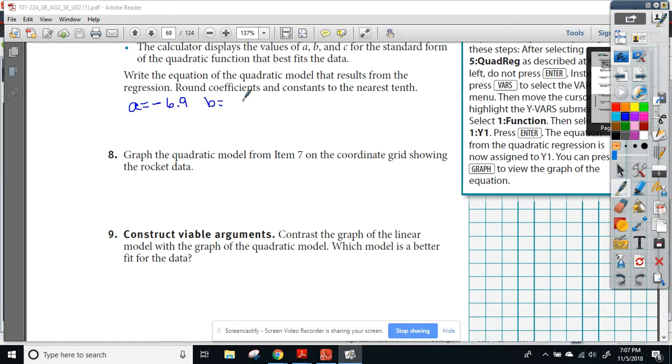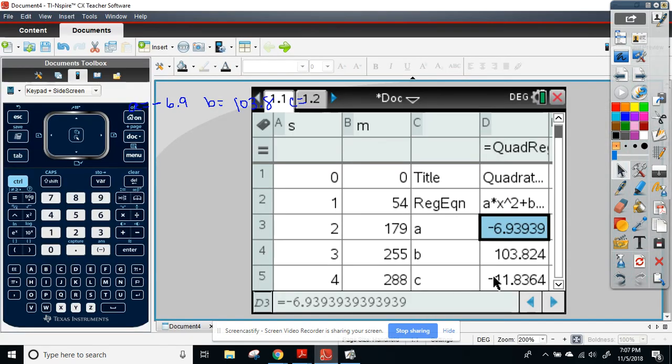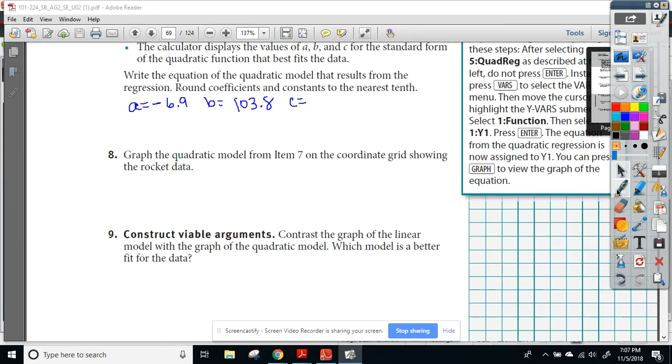And C is negative 11.8. So if we wanted a function,